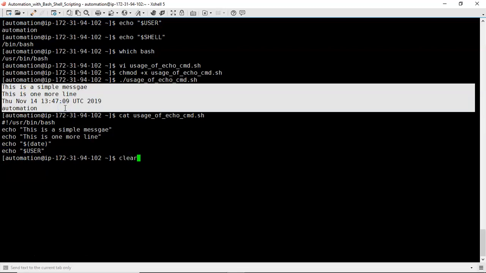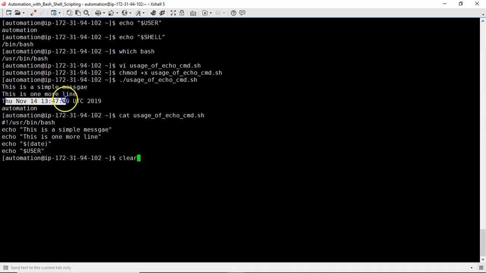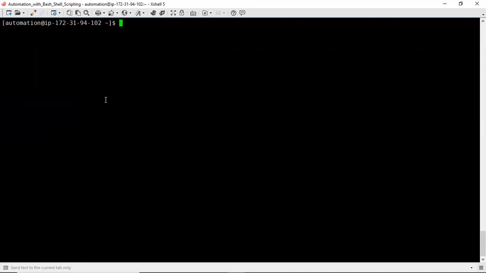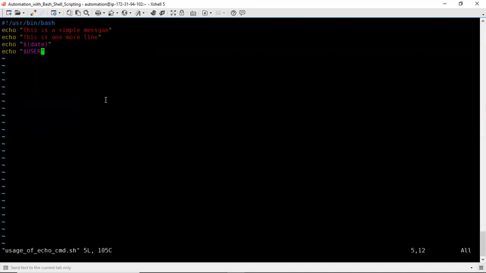Now, suppose instead of displaying simply the automation and the date, I want to modify the script this way. See the result. What I am doing is: "today date is", that is a message, space. Then, as you know how to execute a command with the help of echo, echo today date is dollar parenthesis date.